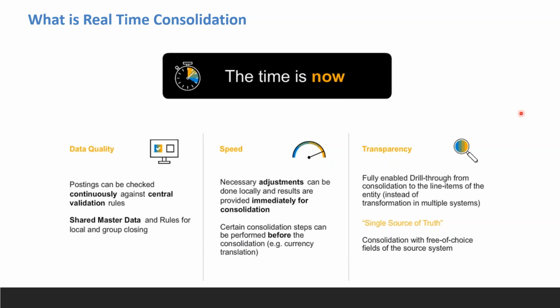Before executing the consolidation task, we have to do the currency translation. There is a separate transaction for the currency translation. Whatever currency translation you are doing at entity level remains in central finance. You are going to use the same, but we have a separate currency translation in group reporting. Hope this clears your doubt, right?